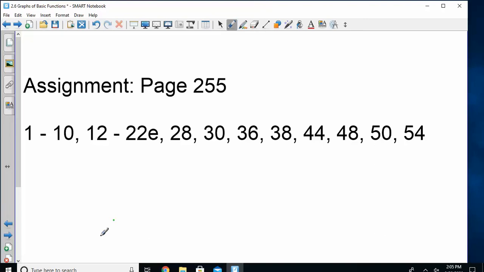1 through 10, I believe, are just asking questions about some graphs. So it's like multiple choice, you know, which one is the graph of x squared, tell its domain, so it's just asking you some questions about those. So you do know how to already do the majority of this assignment. So tomorrow, it won't take me very long to finish up, and then the rest of class time will be time to work on this. Do you know when it